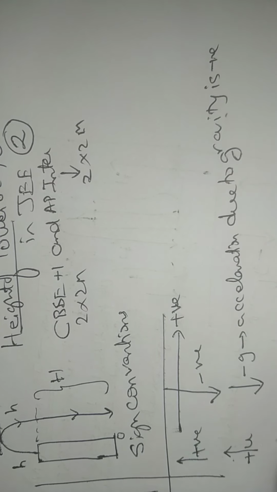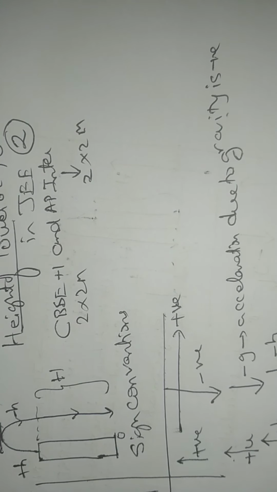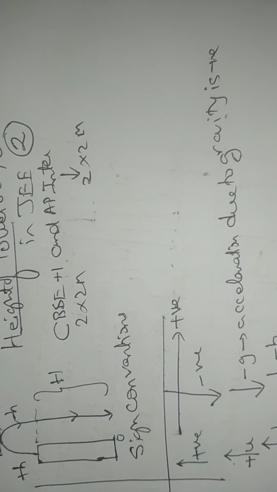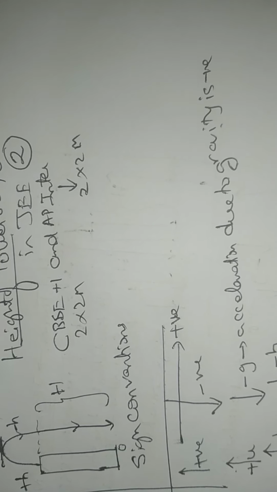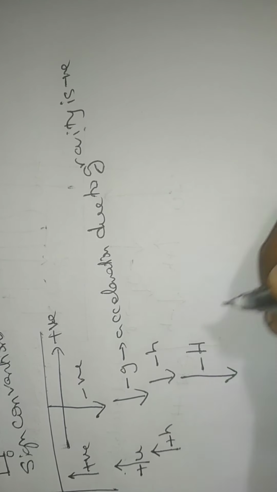This small h becomes positive, then this small h becomes negative. What else? A very important quantity, which also becomes negative and which we have to find out, is minus capital H. Using these parameters, called the sign conventions,